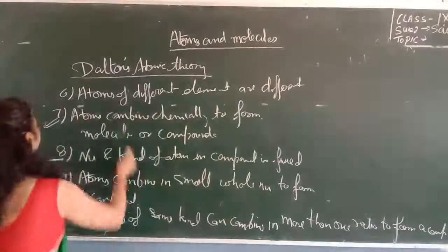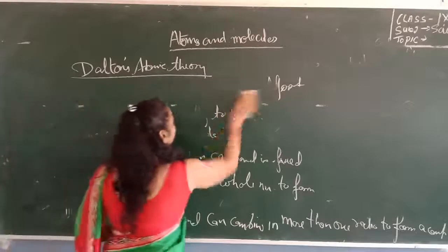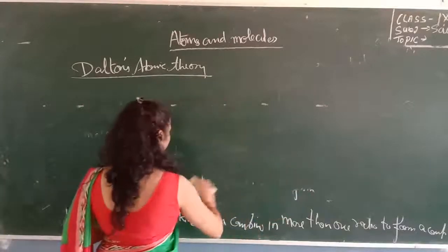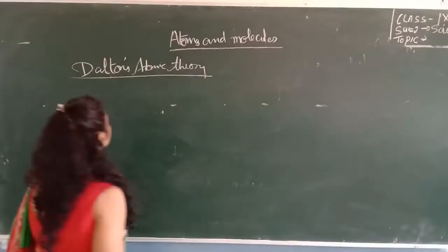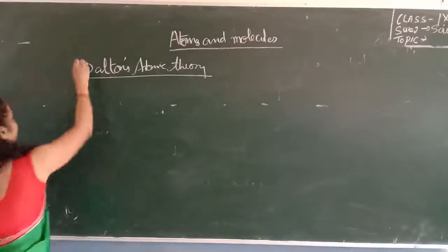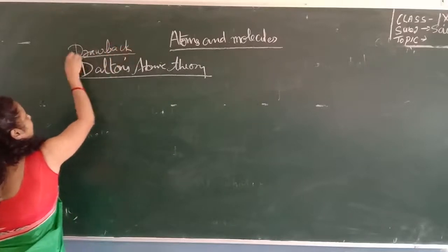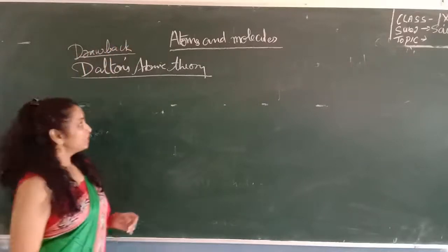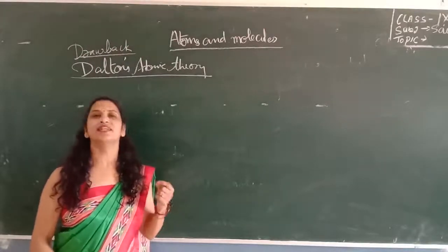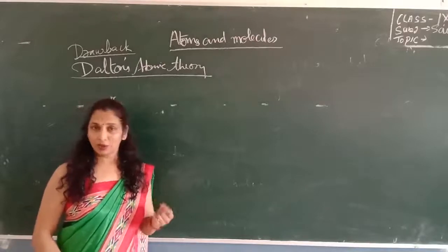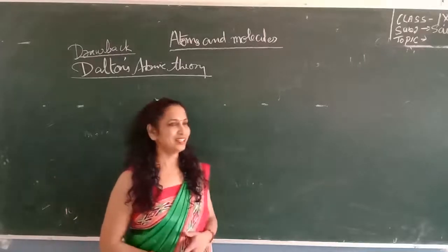I think I should draw this on the board for explanation. There are some drawbacks in Dalton's theory; out of these, we are discussing only 3 drawbacks. First drawback: according to Dalton, atoms can neither be created nor be destroyed. Yeah, it was correct actually. The drawback was,